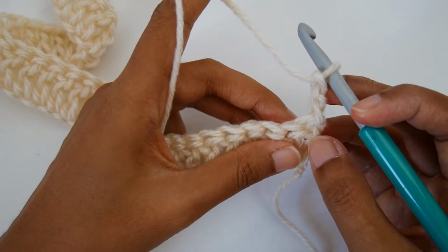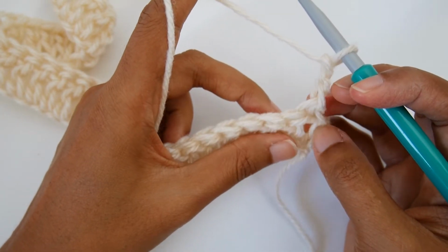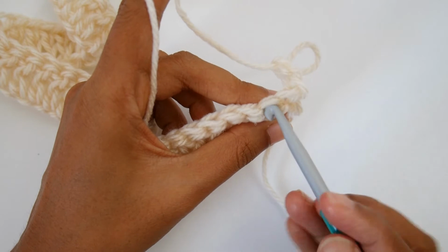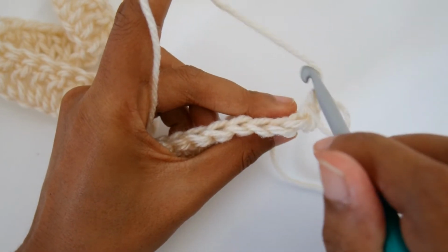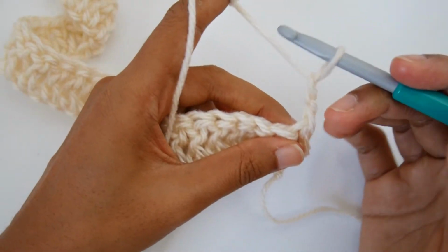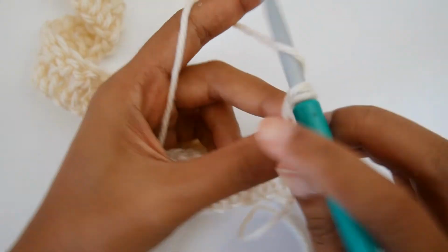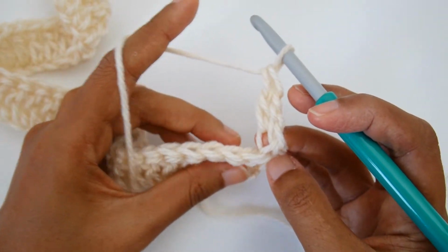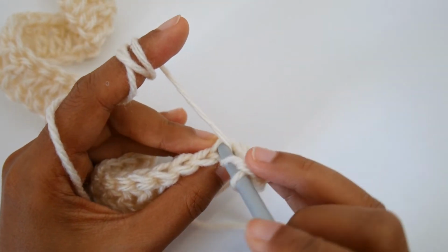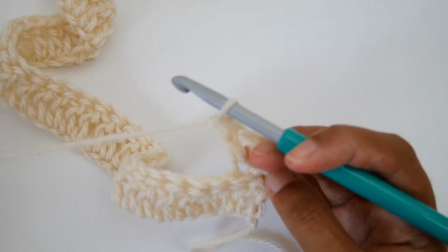and on row 2 of the cocoon we will crochet in back loop only of double crochet. So I will show you this one is the front loop, and this one is the back loop. This one front and the back. So we will be making the double crochet in back loop only, see front and the back, and double crochet in back loop in each stitch across until the end of the row,